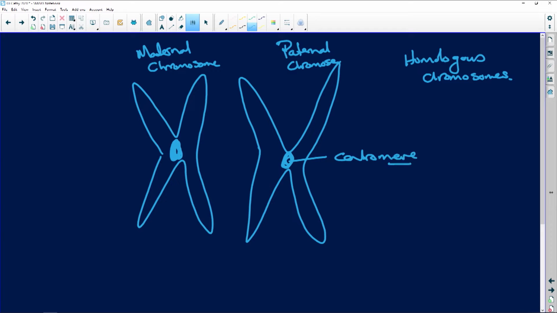Centromere. It merely holds them together. Now that and that, daughter chromatids. And the same here, daughter chromatids. All right. So when we have